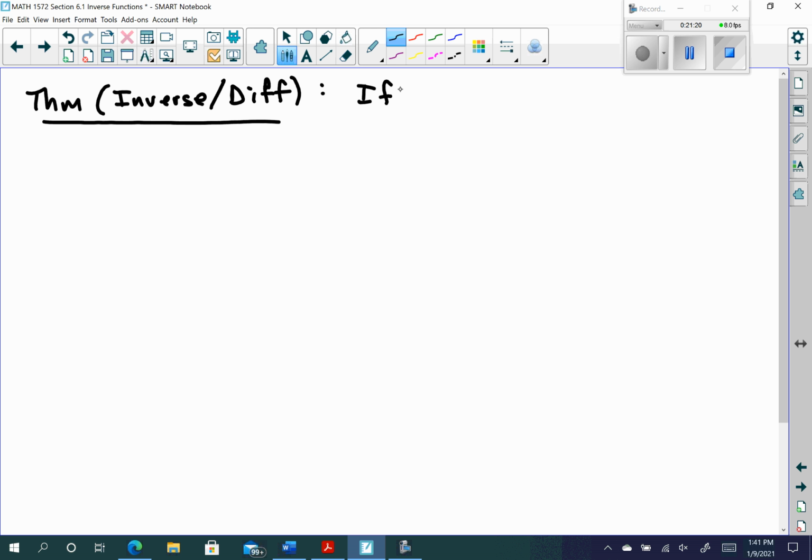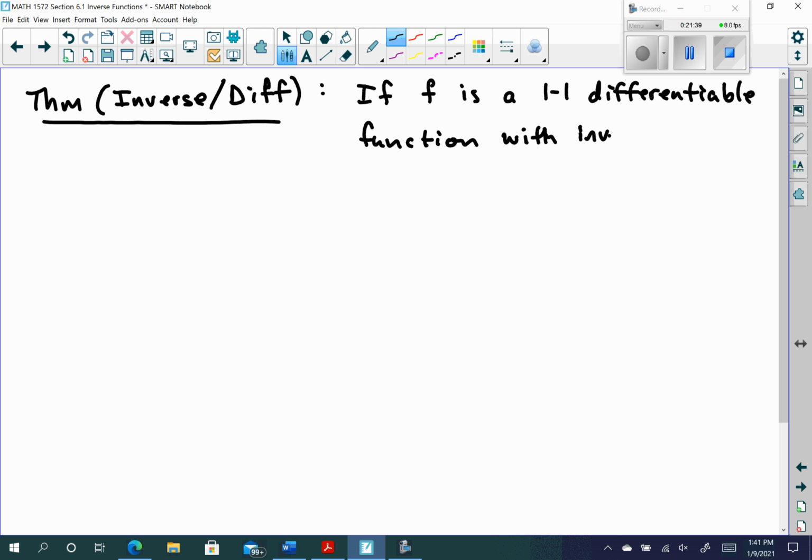And this says if f is a one-to-one differentiable function with inverse function, we'll call it g, which would equal the inverse of f, and as long as the derivative of f of g of a is not equal to 0, and you'll see why here in a little bit,